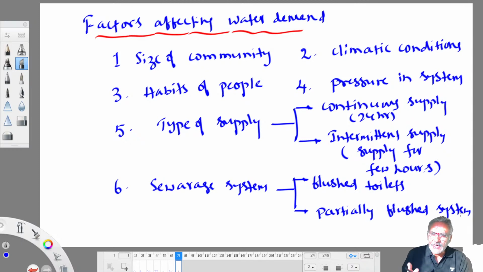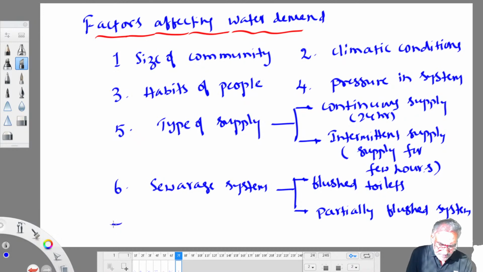Most of the time, even in a city like Mumbai, many people don't have access to a proper toilet. That's why the Government of India came up with the Swachh Bharat Mission, giving loans to the public to construct a toilet with flushing arrangement, because it's too difficult in cities. Defecating in open areas is very ugly, unsightly, unaesthetic and unhygienic. So the Government of India is trying its level best to prevent that by giving loans so that people can build toilets with flush arrangements. Of course, with a flushing system, 30-40 liters are flushed after using the toilet. Therefore, more water consumption. With a partially flushed system, less water consumption.